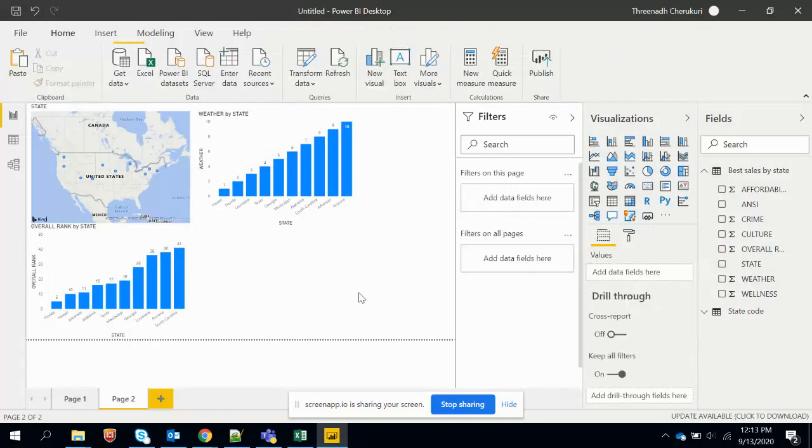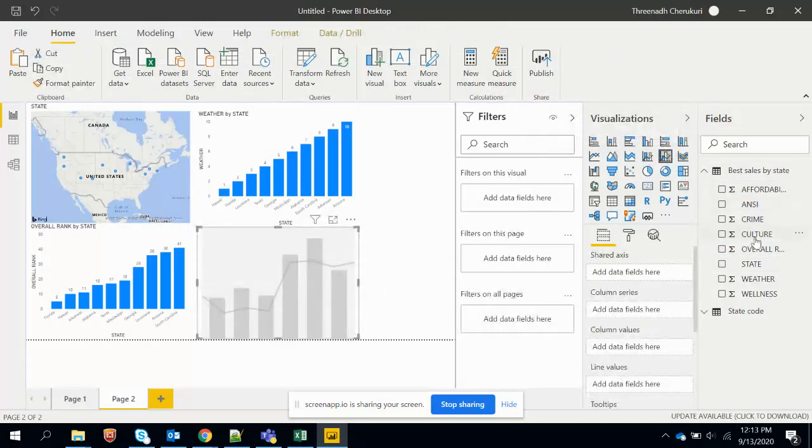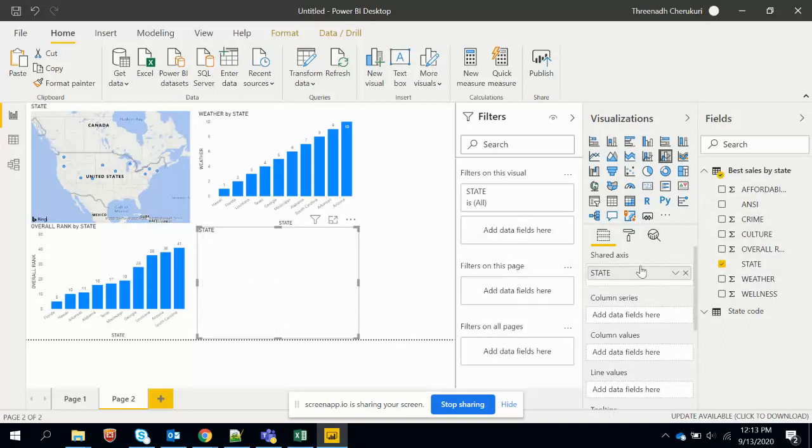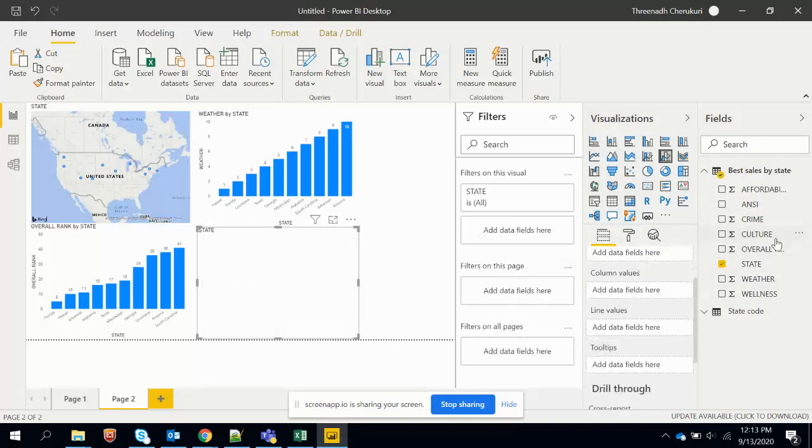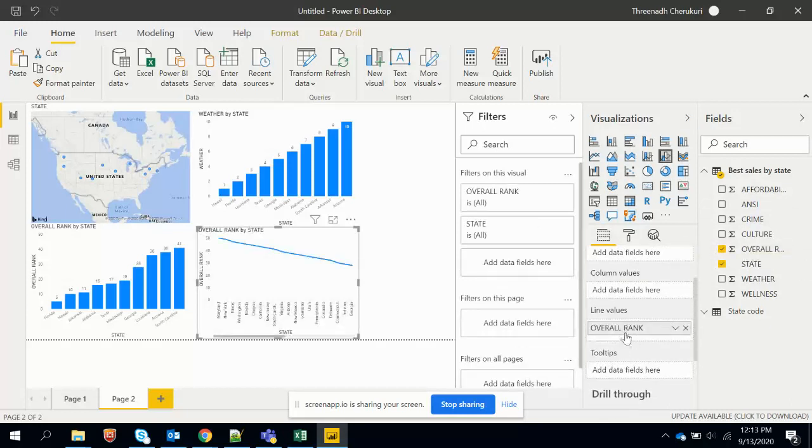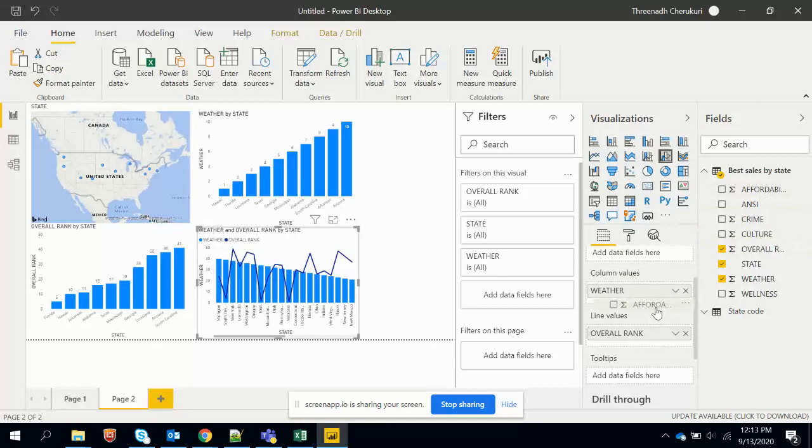So in my next visual, I will go with line and clustered column chart. So in this again the axis will be state, and here I want to show the comparison for three measures. Under line I want to show overall rank, and in the columns I want to show the weather and affordability.